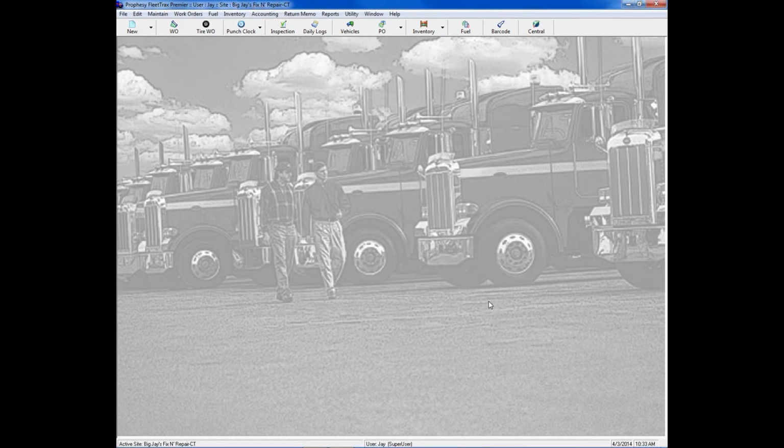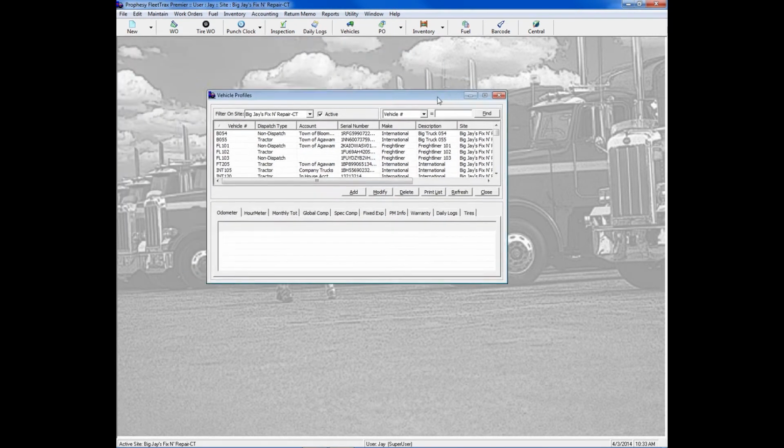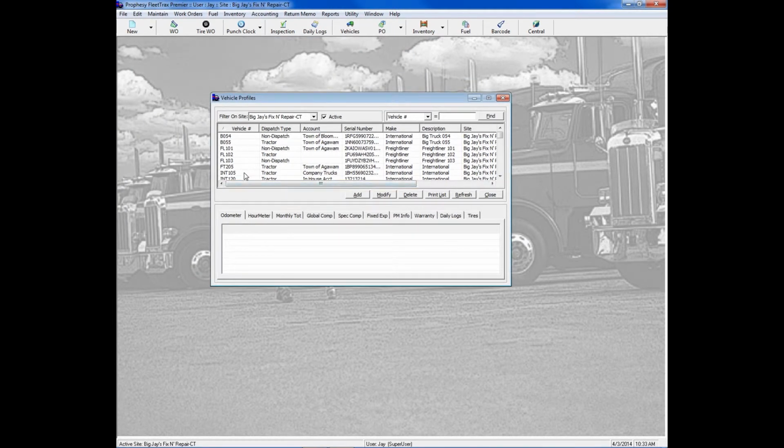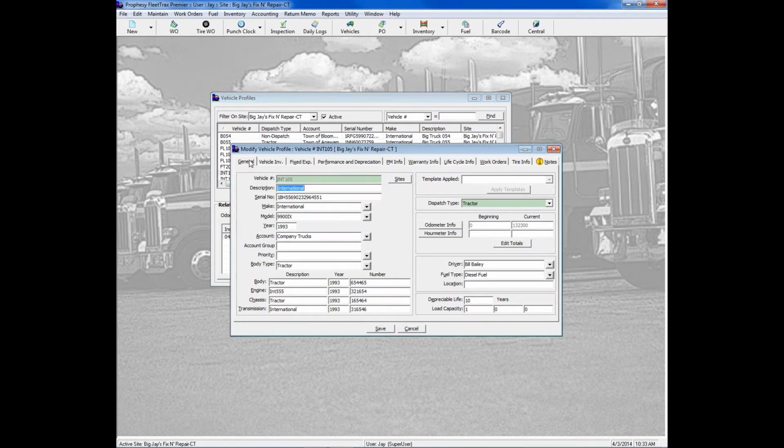The first thing I'm going to go through is some vehicle or equipment setup. We use the term vehicle in here, but we use it very loosely, meaning you can create any kind of equipment that you want. On the General tab, you're seeing the vehicle number or the equipment number, description, serial number,